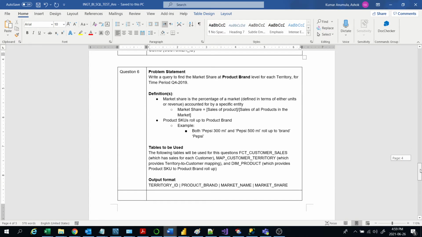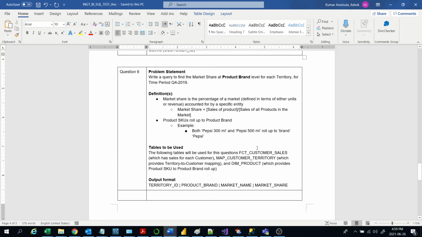Finally, the sixth query: write a query to find the market share at product brand level for each territory for time period quarter 4. So we have to calculate the market share at the product brand level. Where is the product brand?